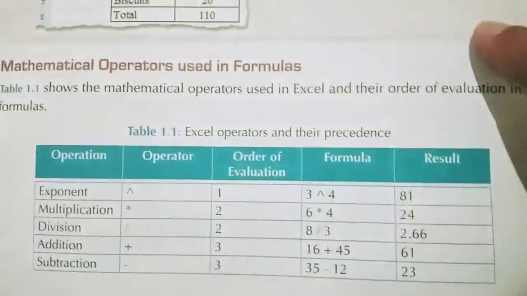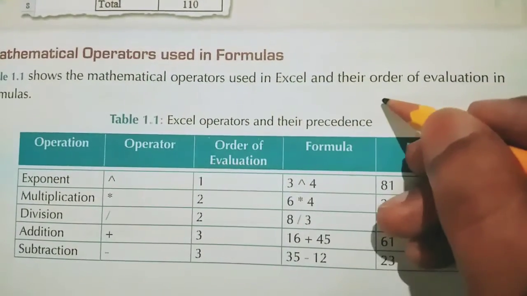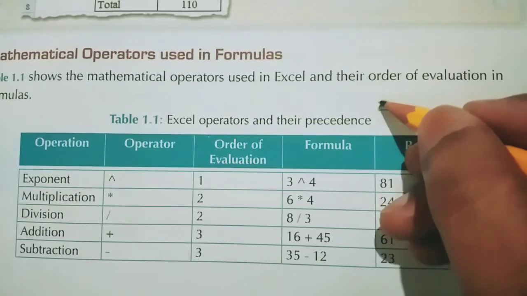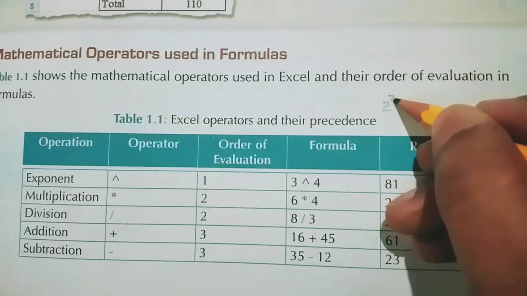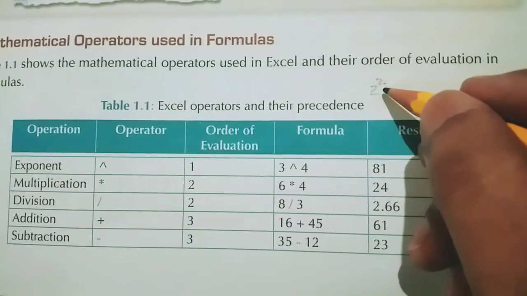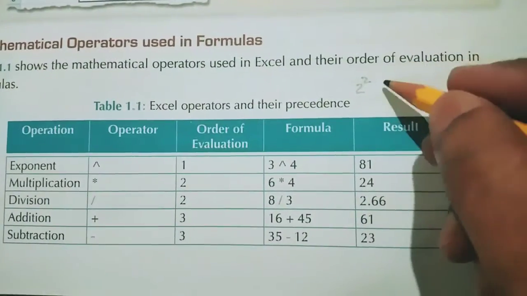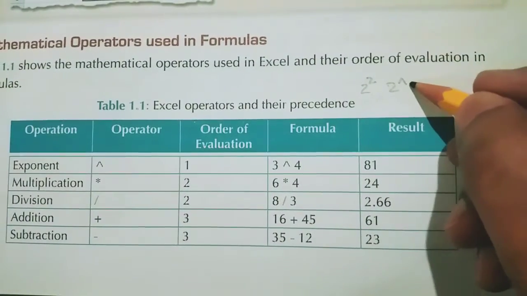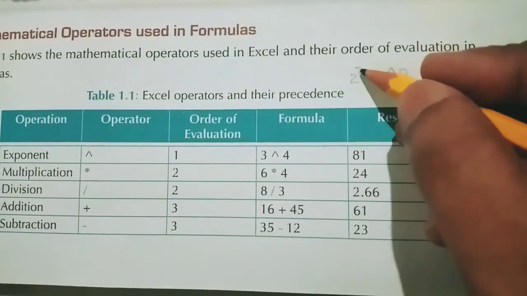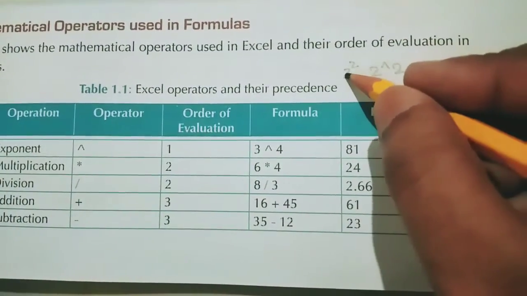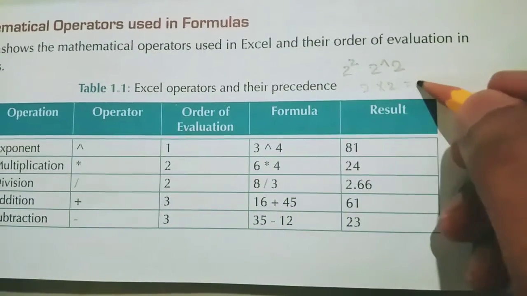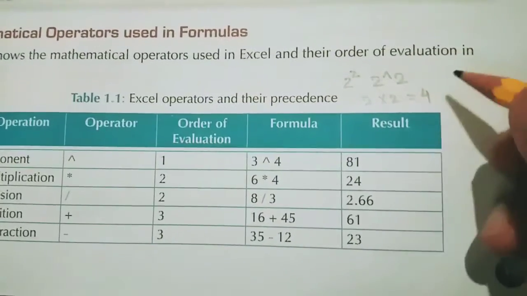So how it is used? I am giving one example. So exponent means any number to the power of any other number. See, 2 to the power of 2, suppose 2 is given. So it is written in the top. This is called exponent. So in maths we can write like this, but in computer you have to write like this, 2 ^ 2, like this. Understanding or not? So 2 to the power 2 is what? 2 times you have to multiply 2. 2 into 2. It is what coming? It is coming 4. Understanding?